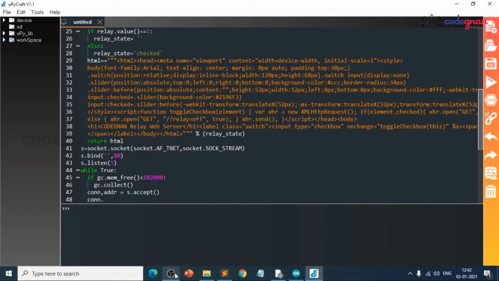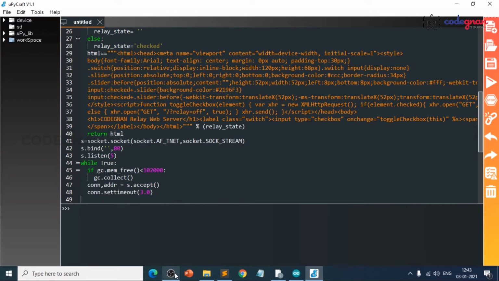conn.settimeout of 3.0. Conn.settimeout means for every 3 seconds it will ask the web server whether any request is coming or not. So this statement works on that.